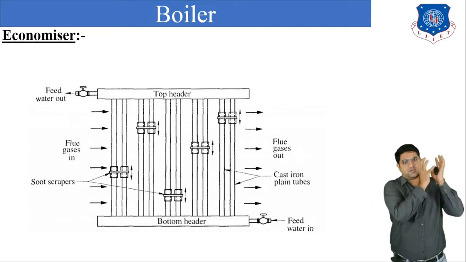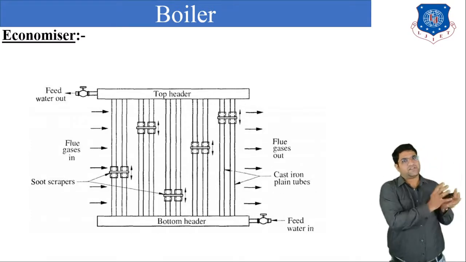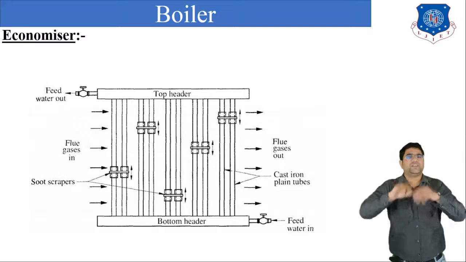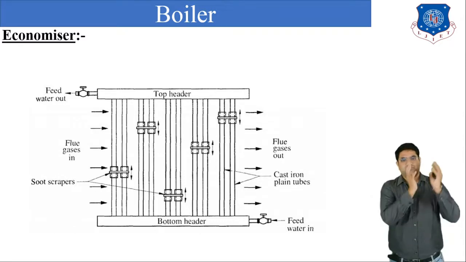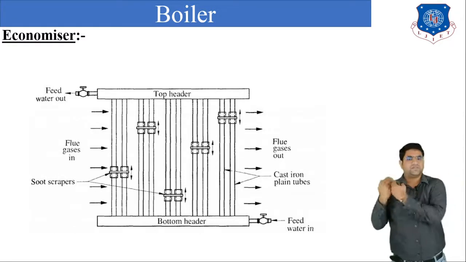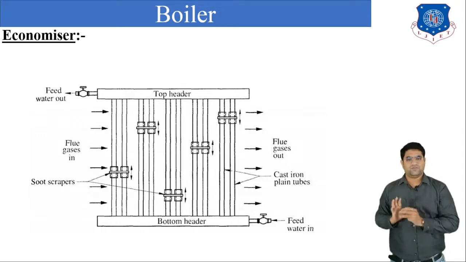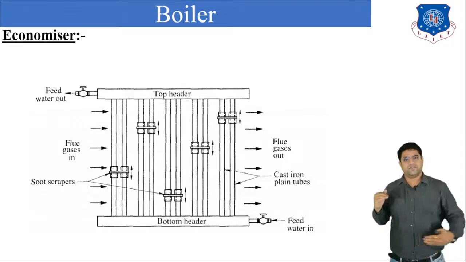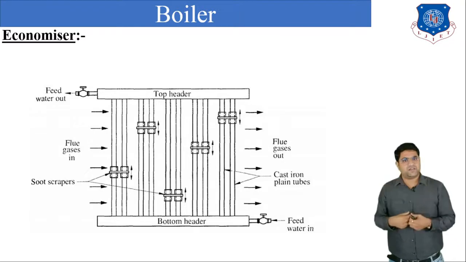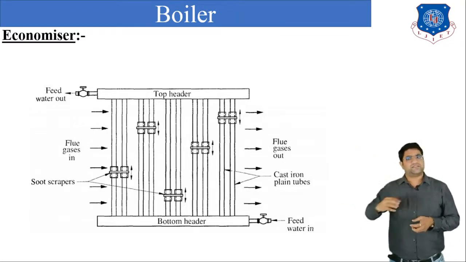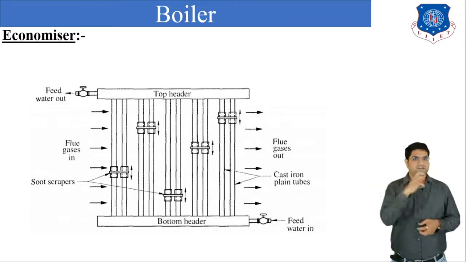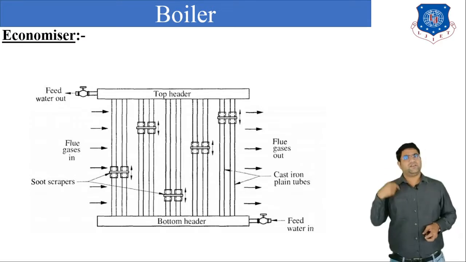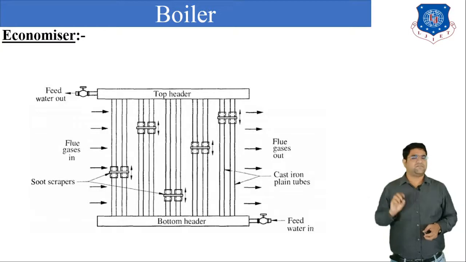The remaining heat present in the flue gases can be used to heat up that water. The waste gases can be used to heat up this water. From the bottom header the water will come and fill the vertical passages. Now these waste gases will flow over these vertical pipes, heating them up, and the water inside the vertical pipes will